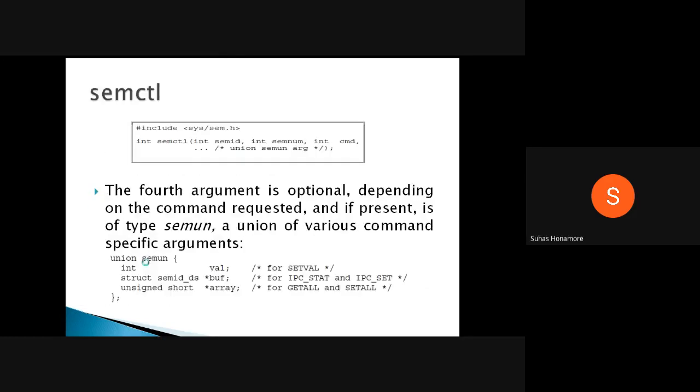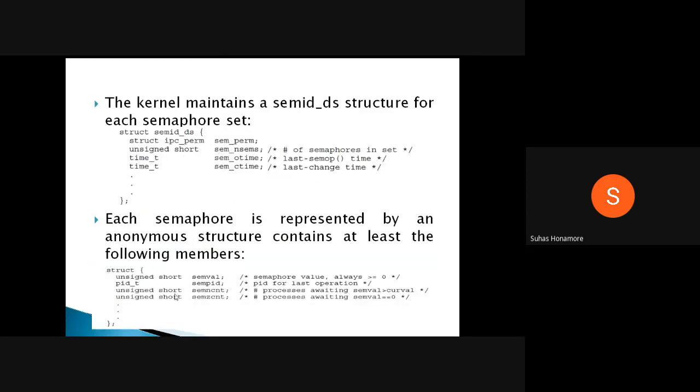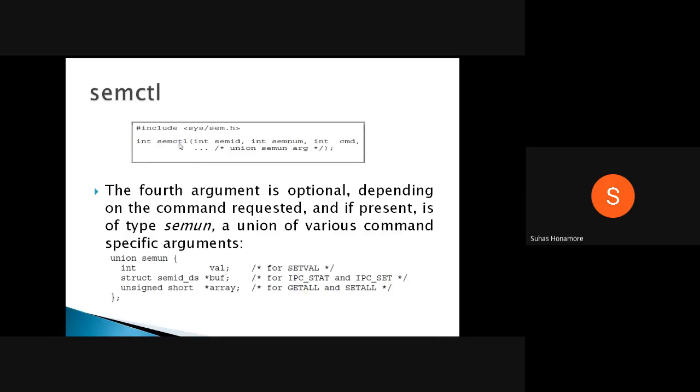Whatever task you want to do is with respect to what the kernel maintains. Both the kernel and this side maintain the semaphore values, so both sides will modify it. Whatever semaphore you created and want to modify, for that you write it as semctl. Here I want to modify this semaphore's content, so at that time we'll call this function.